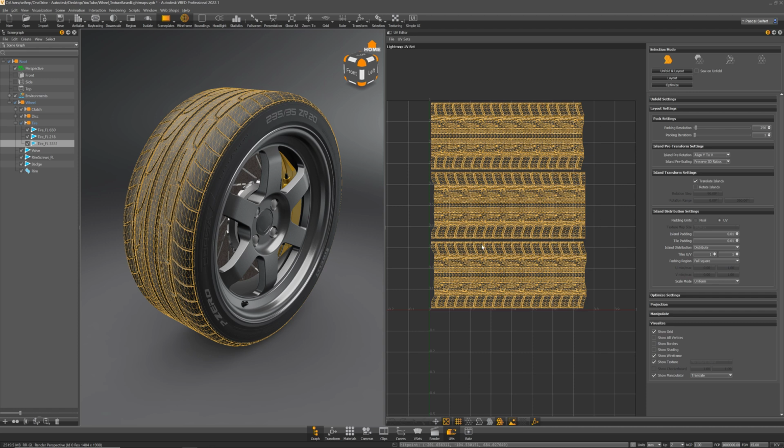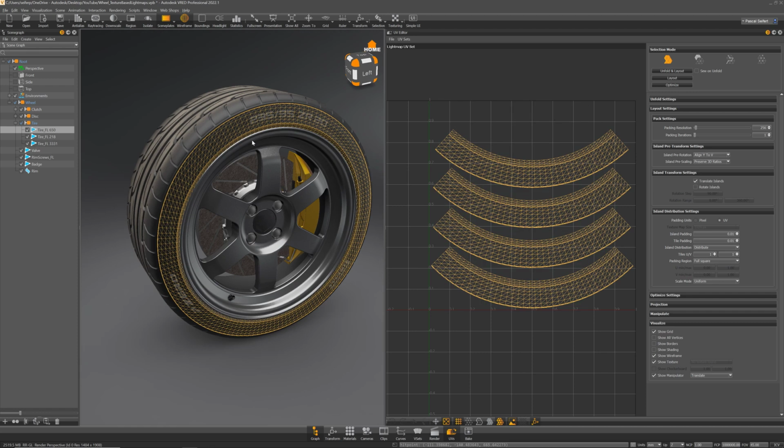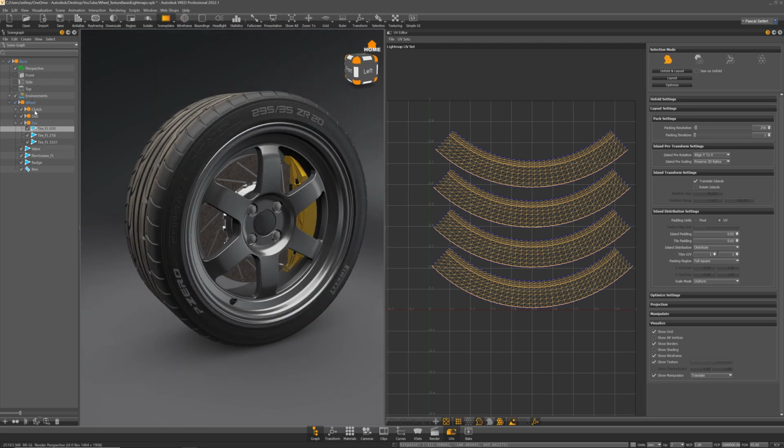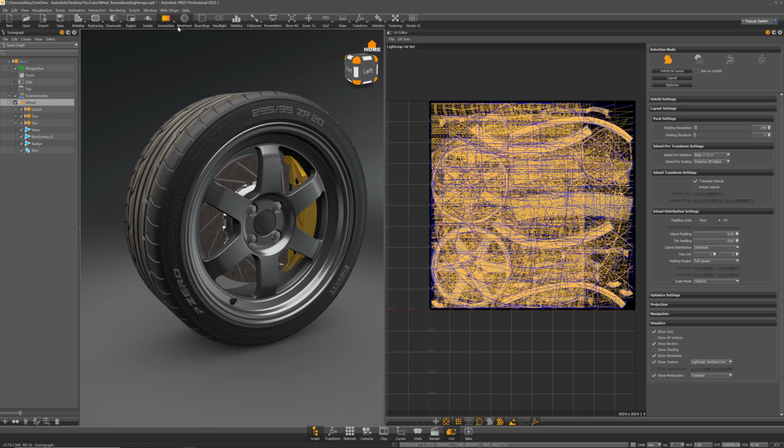I cut it into 3 pieces, and also here I did a manual separation simply for using the maximum UV space. Otherwise I would have that ring that fits in here and would get fewer pixels at the end. Alright, so now let's select the whole wheel